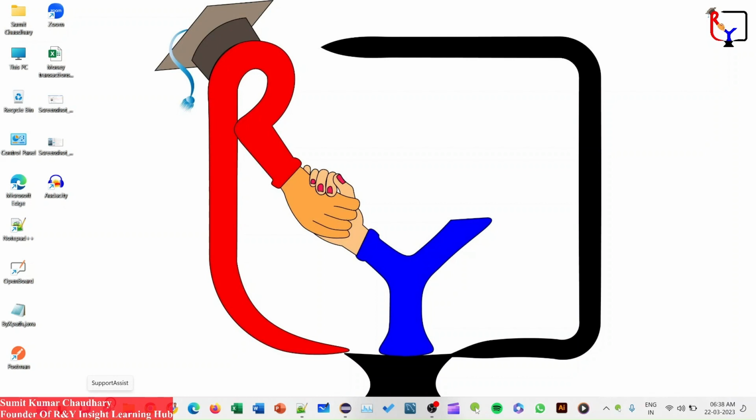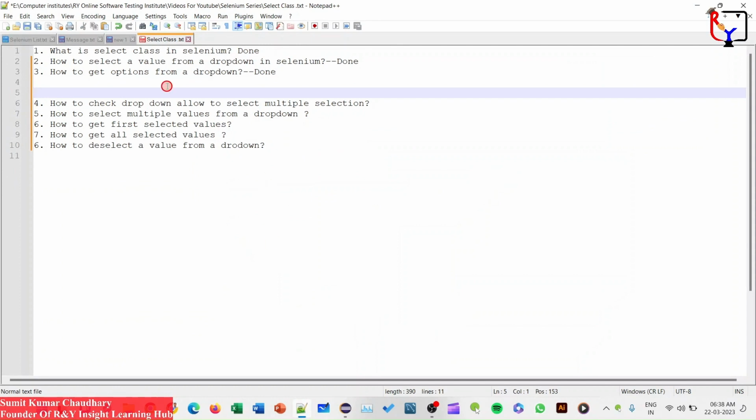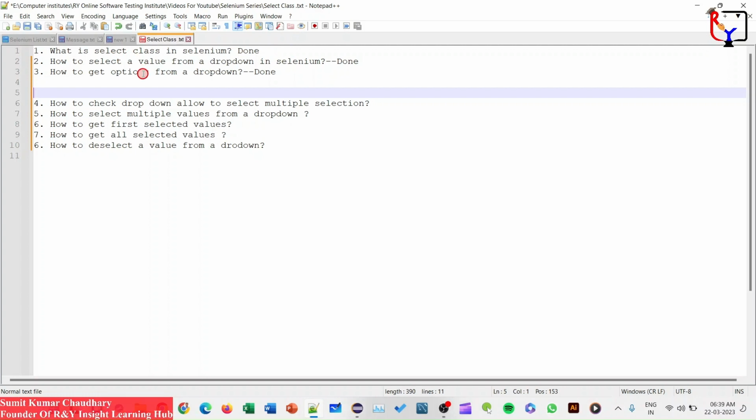Today, we will continue with Dropdown handling in Selenium. So far, we have covered what is the select class in Selenium, what is the dropdown, how many types of dropdown in a web page, and how to handle it. So we have covered how to select a single value from a drop down